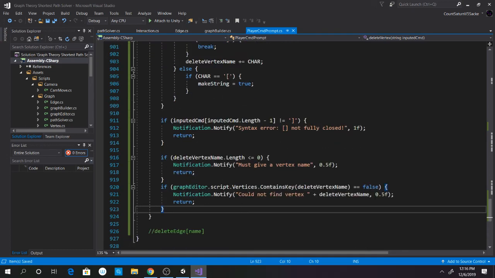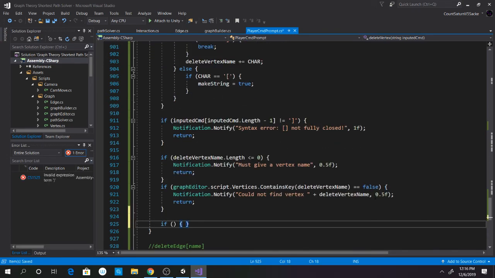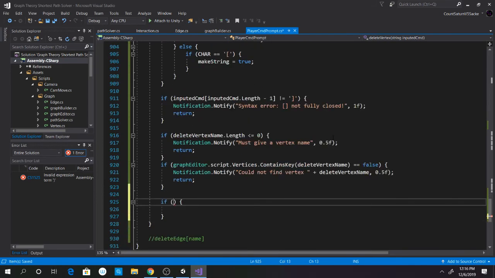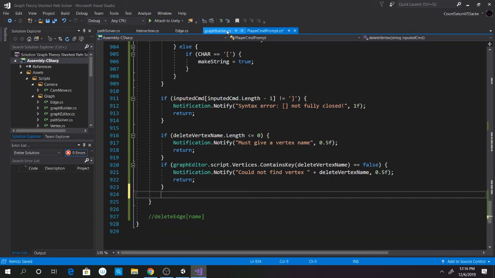Okay, so if we do this, okay, then, okay, actually what we need to do now is, I need to look at a reference to the